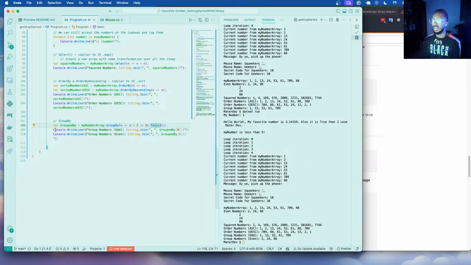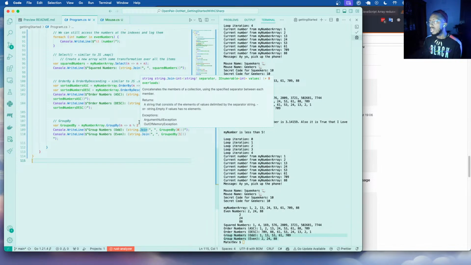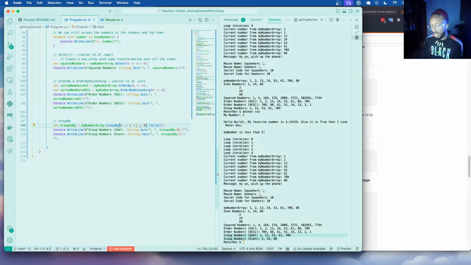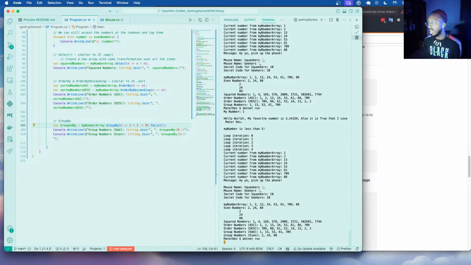I honestly could stand to learn a lot more about how this group by thing works. All I wanted to accomplish today was just to be able to see that it works and to see that this is good. I want to try one more thing. I'm going to make this into a modulo 3. I just want to see what happens if I have something that